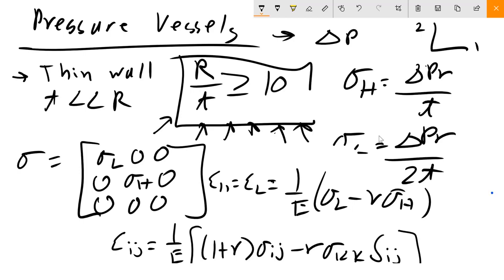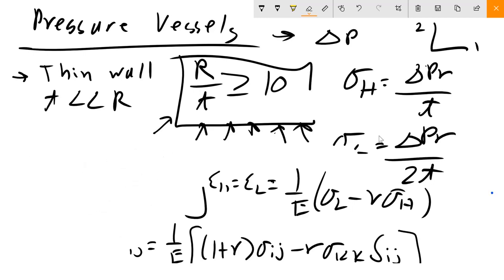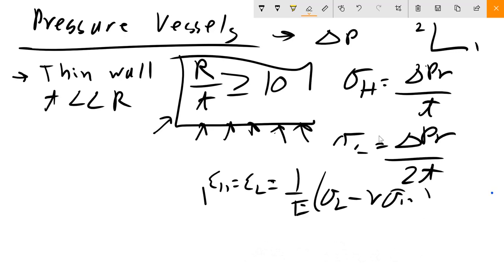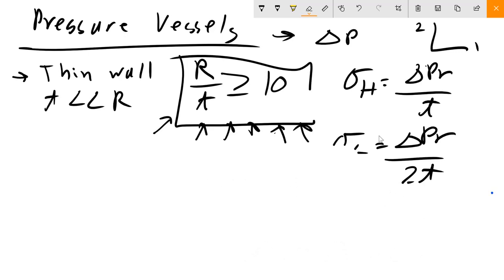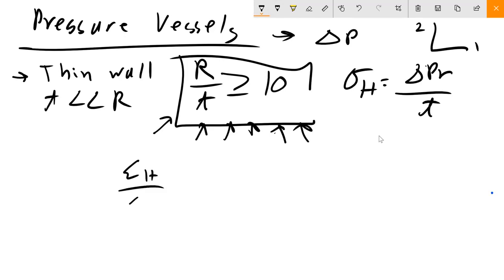Now, one last thing I'll leave you with. There is a really unique finding that you could make, and there are some characteristic ratios. You can prove, and actually what I want you to do, I want you to take a look at it and think. Look at the ratio of the hoop stress to the longitudinal stress. Take a quick second and see if you could do that for me. Actually, let's do that together right now.